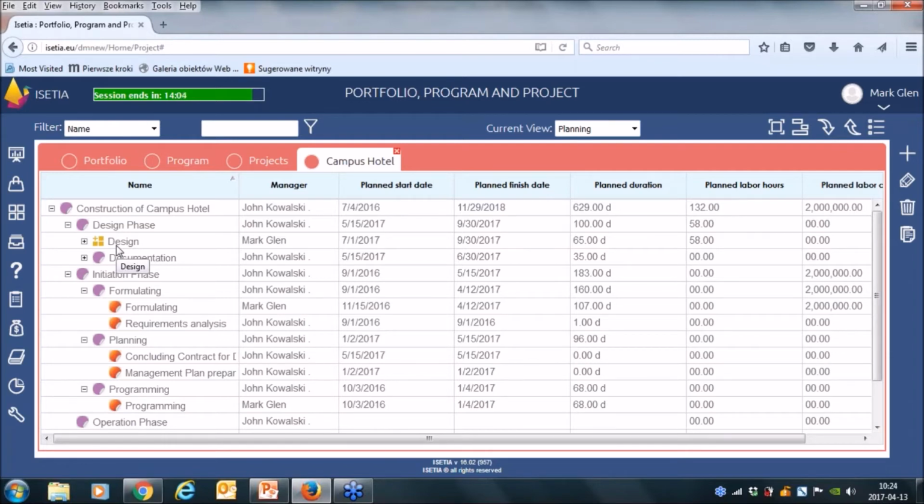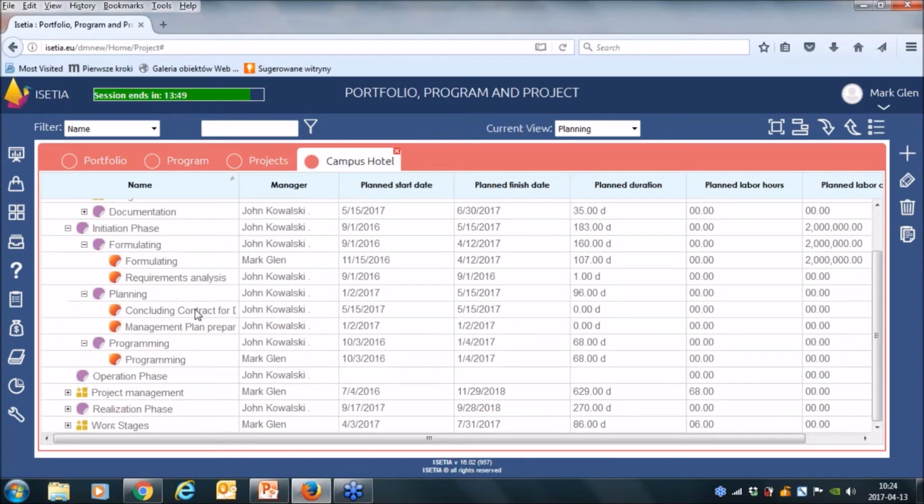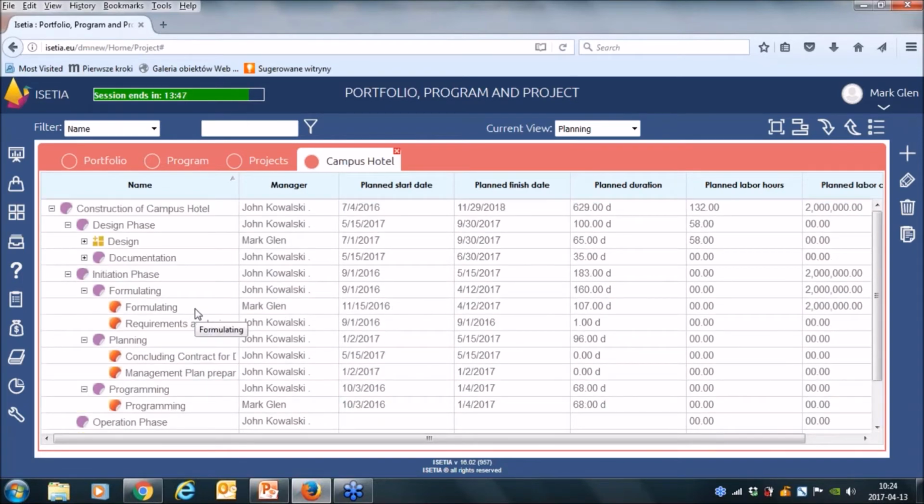In classical systems, you achieve such detailing by composing very detailed schedules.